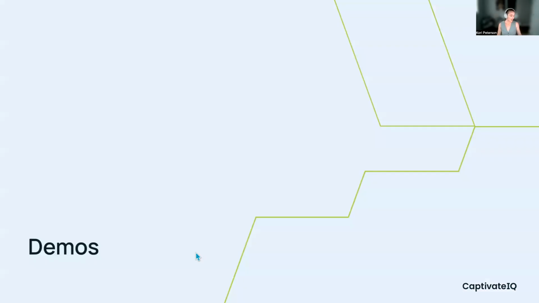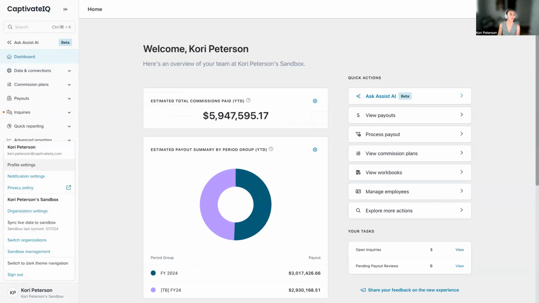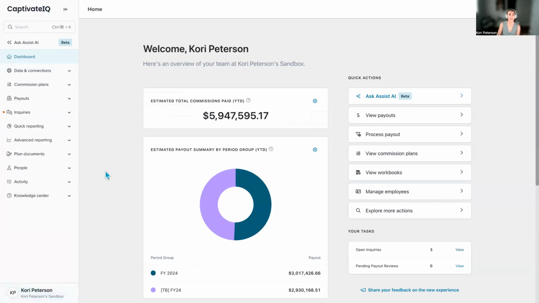But going into the demos, we will just do quick overviews of some of those top use cases for automations and workflows. So, getting started with payee lifecycle management. And this is a great one. Again, if you don't want to have to manually add new reps as they come onto the system or deactivate them yourself, then payee lifecycle management can be great for you.